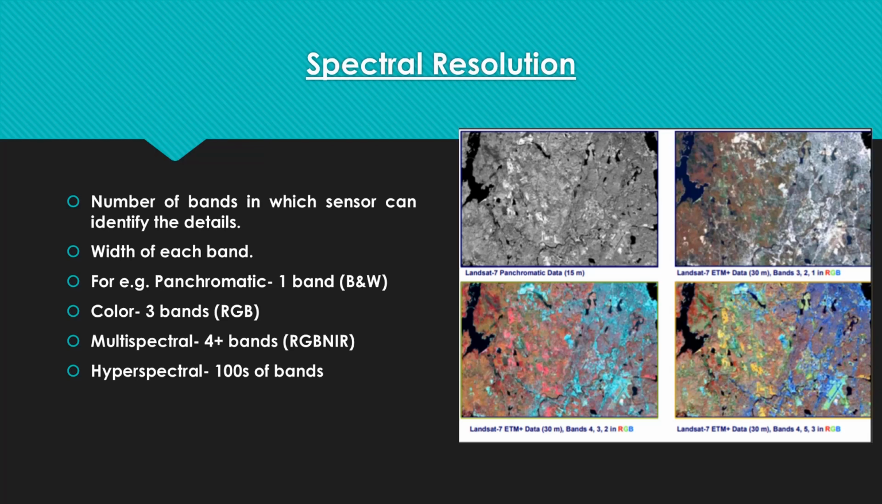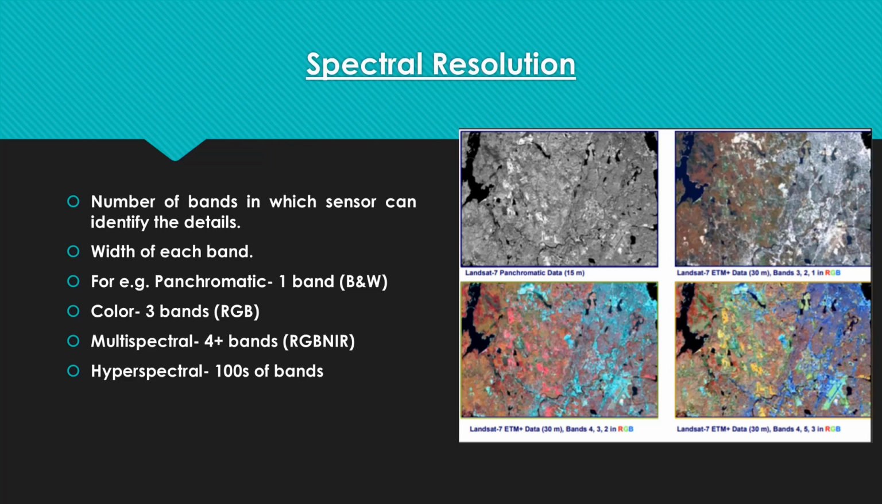Satellite A is providing data in 3 bands and satellite B is providing data in 6 color bands. Now which satellite will be providing much more detailed data? The answer will obviously be satellite B, because it is providing the data in more bands. So this is what is known as